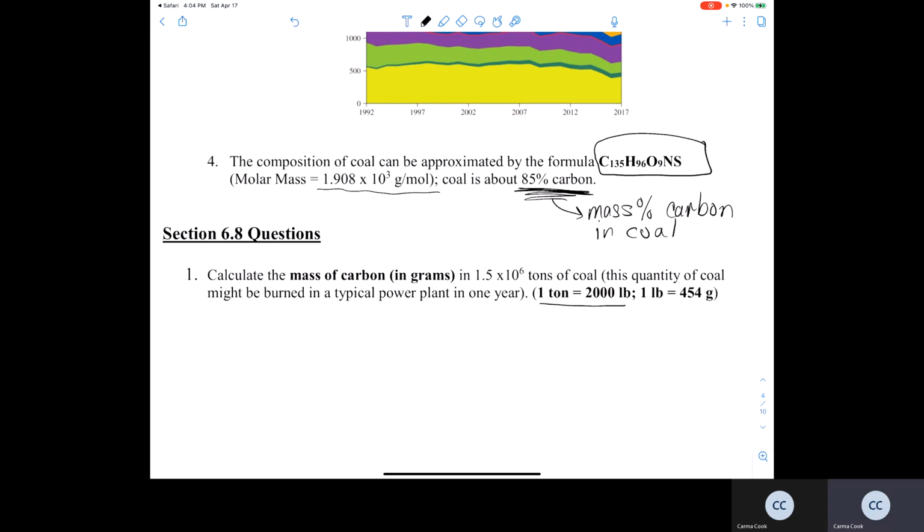Because you don't see the word metric ton, this is a US ton. 1 US ton is equal to 2,000 pounds. 1 pound is equal to 454 grams. So if we burn 1.5 times 10 to the 6 tons of coal,